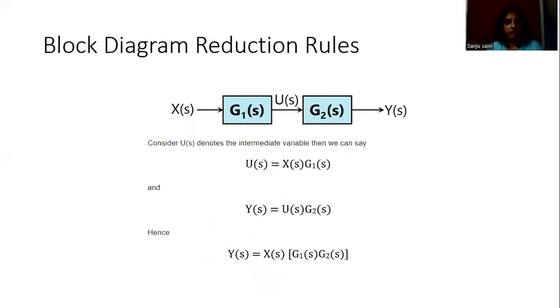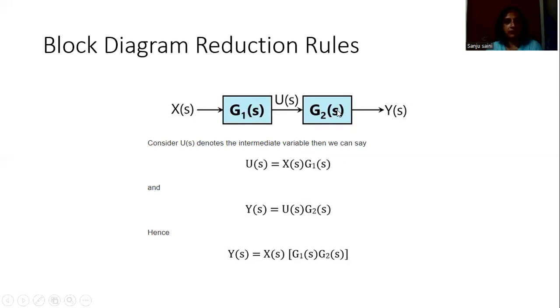Then once we have the block diagram representation, sometimes, as we'll see with the help of the example at the end of this video, the system becomes so tedious that we cannot directly give the value of the transfer function of the system. So for that, we have to use the block diagram reduction rules. One of the first rules for reducing the block diagram is that in case we have two blocks which are connected in series,